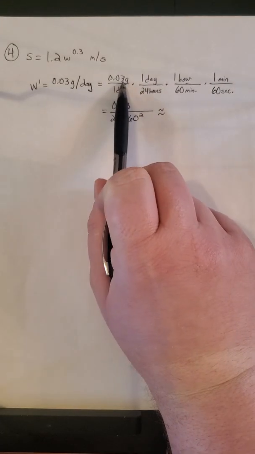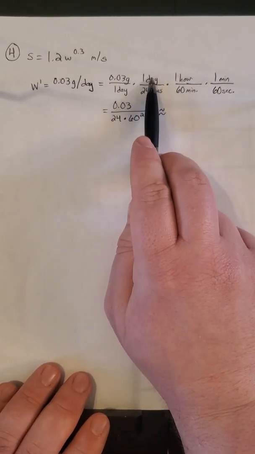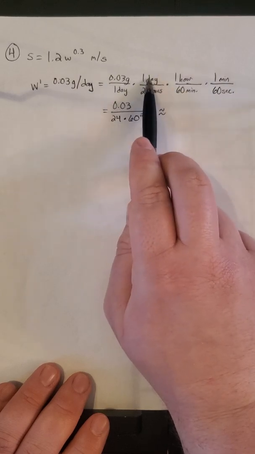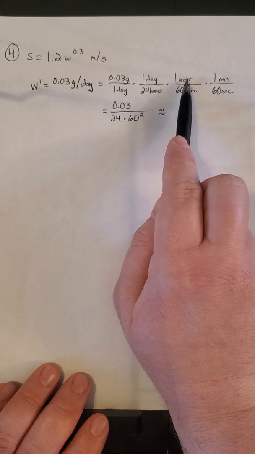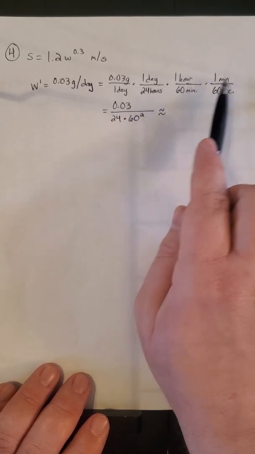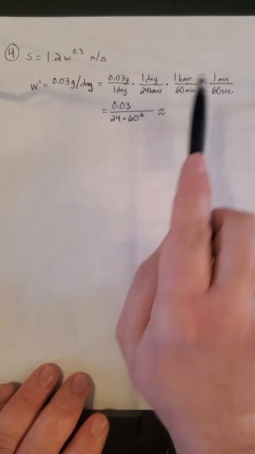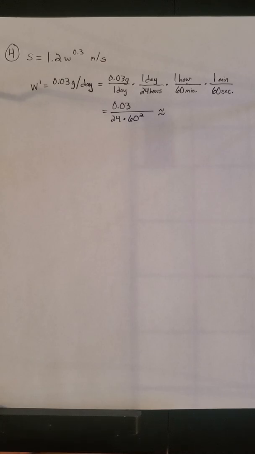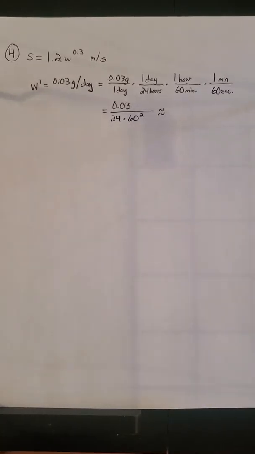So we need to take 0.03 grams per day, and we multiply that by 1 day over 24 hours, because there's 24 hours in 1 day, okay, which we multiply by 1 hour over 60 minutes, which we also multiply by 1 minute over 60 seconds. So minutes cancel out, hours cancel out, days cancel out, and I'm going to get grams per second. That's using dimensional analysis there. So we do all that, we get this. And so we type that in the calculator to figure out what's